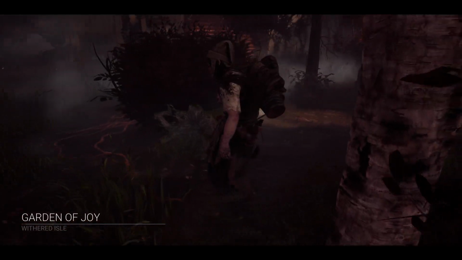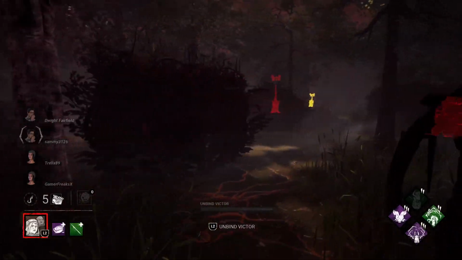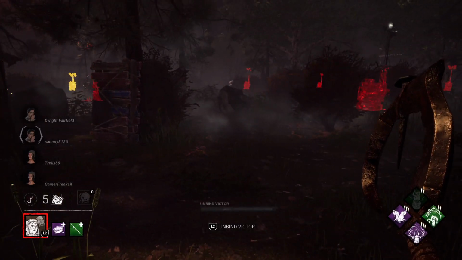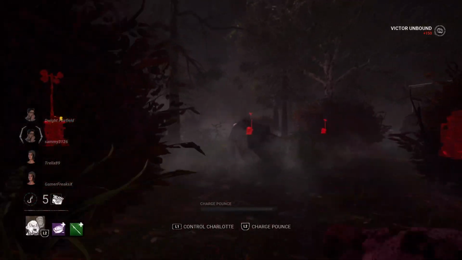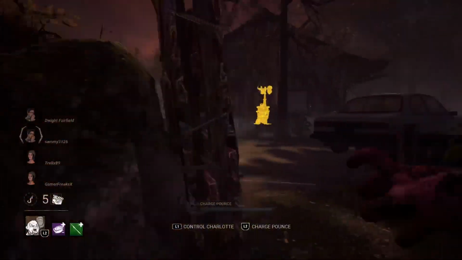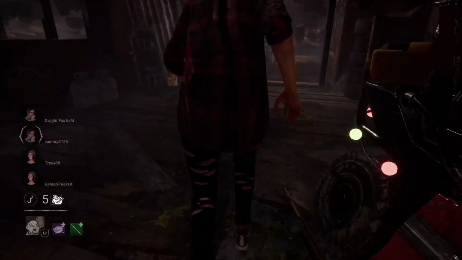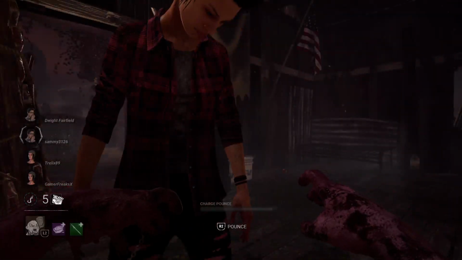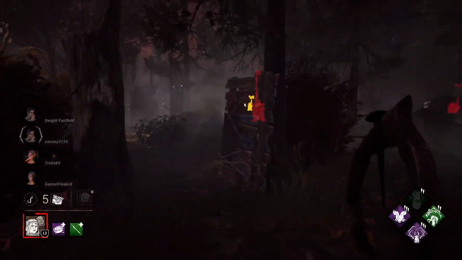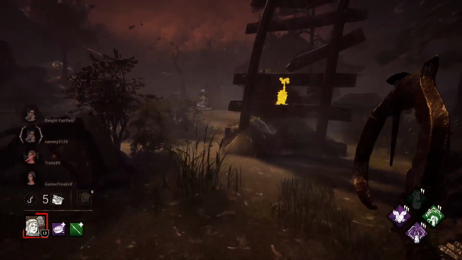Garden of Joy. I do like this map. I usually like using Legion on this map or a Pinhead, but it's okay. So you guys already know we're going to park Charlotte immediately, and we're going to unbind Victor. He moves a little faster. Well, he moves much faster than Charlotte moves, so we use him for reconnaissance. Missed. How did he miss that? I like jumping on him and surprising him, so when he misses it,